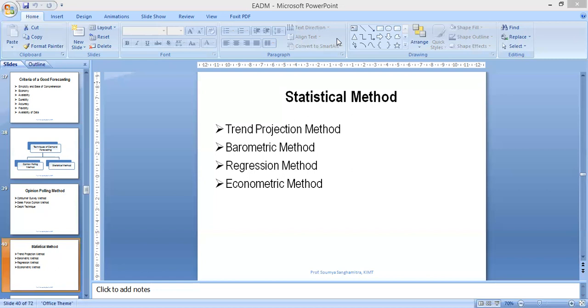Barometric method, it is also known as leading indicators forecasting, and the analysis should establish a relationship between the sale of the product and the economic indicator to project the correct sale, and to measure to what extent these indicators affect the sale. To establish a relationship is not an easy task, obviously, especially in case of a new product where there is no